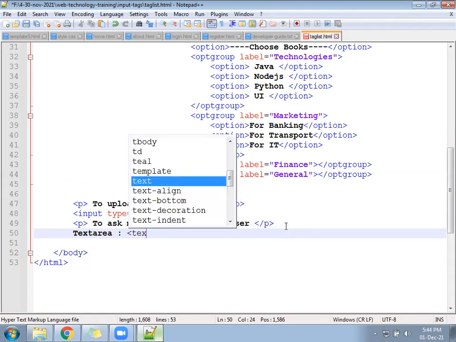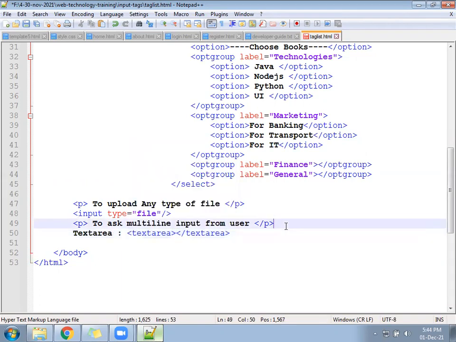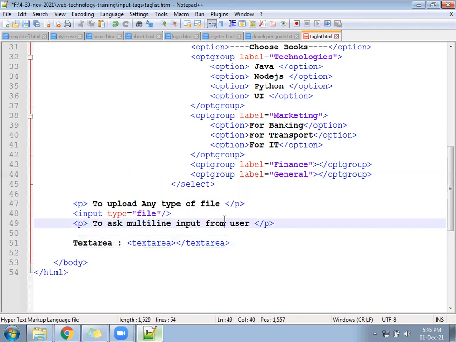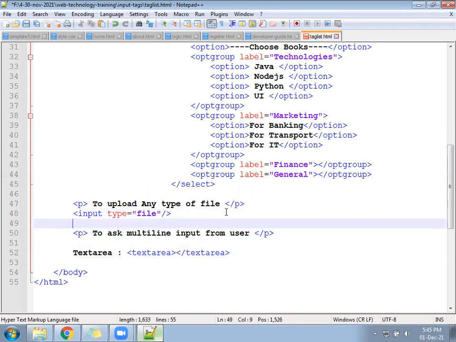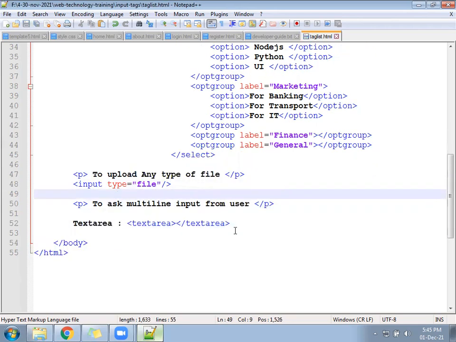Text area open, text area close. Check in that. It will allow you to enter multiple lines. Multi-line input we can enter.